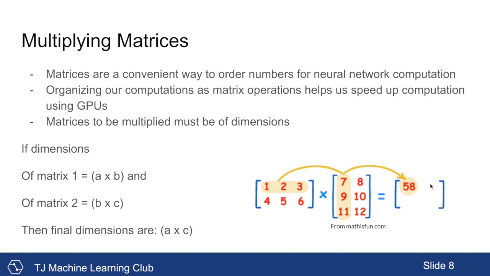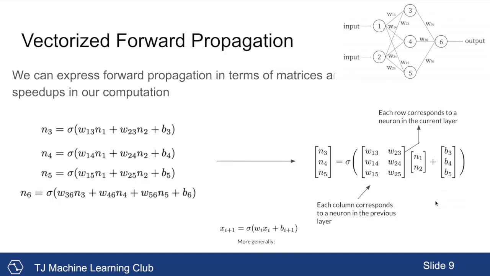And then to get the next term, you take this row and perform the dot product with this column. So you get 1 times 8 plus 2 times 10 plus 3 times 12, which would be 8 plus 20, which is 28, plus 36, 64, right? And you do similar computations here and here. And so now that we know the mechanics of matrix multiplication, let's go ahead to